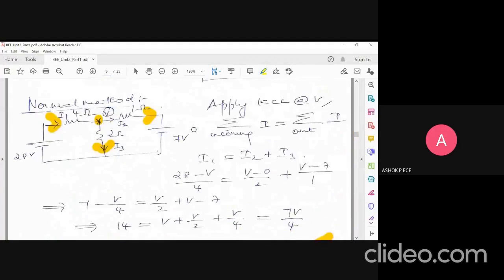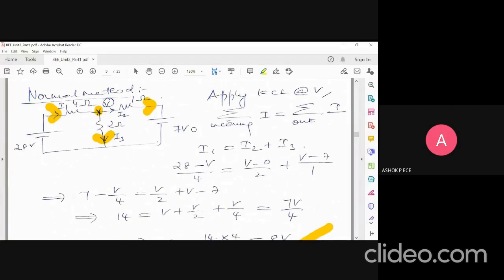See, 2 loops, it may look simple, but when you have more than 3 to 4 loops, even doing KCL or doing mesh or nodal becomes difficult. In that case, it is advisable to go for a theorem, because 5 loops will become a single loop at the end of the application of the theorem.